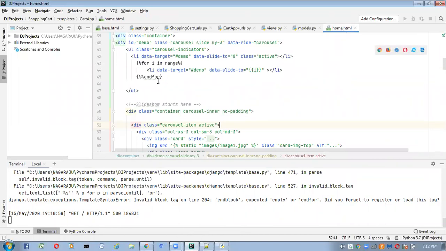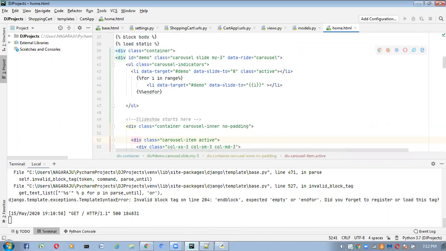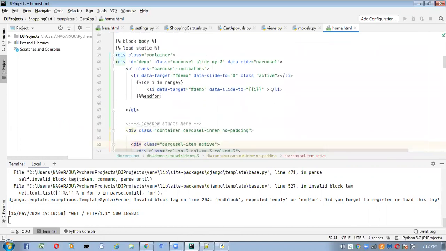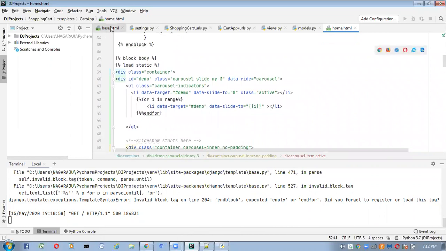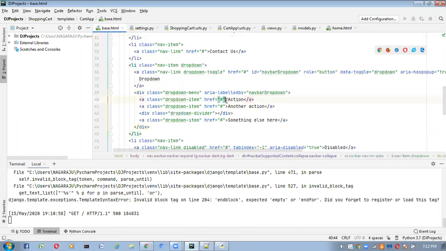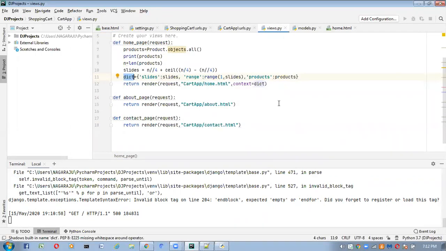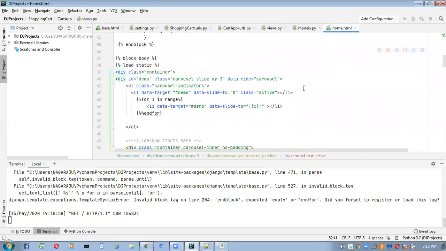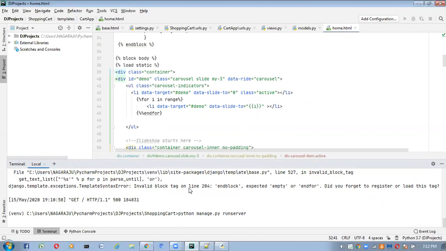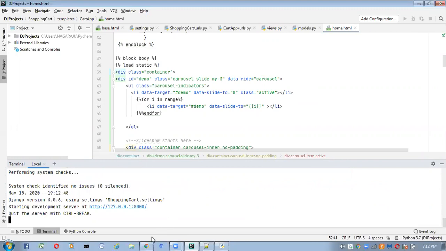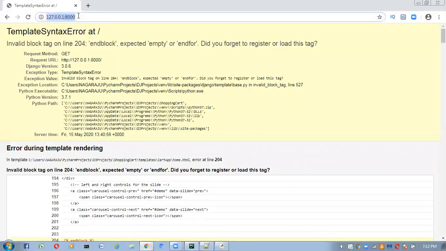For loop, I'm closing it here. One minute, views.py file. I think save this one. Restart the server once. Server started. Go to browser.